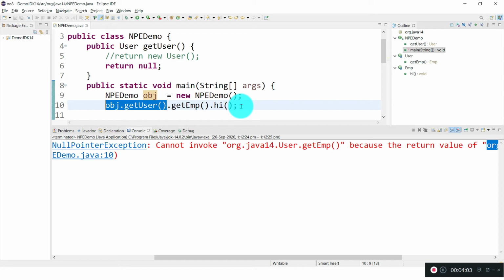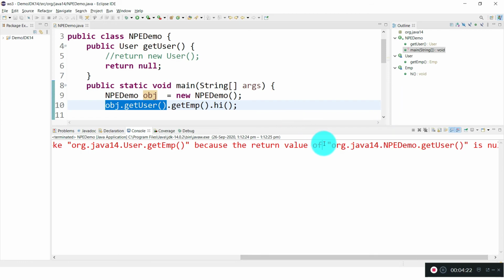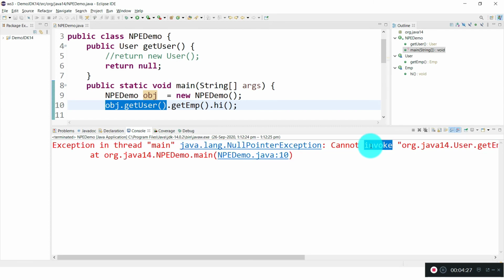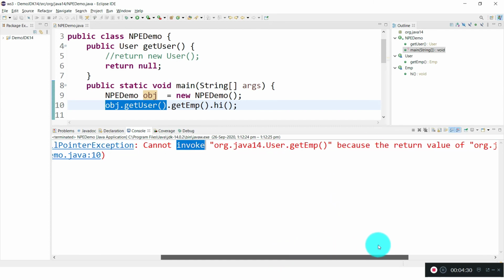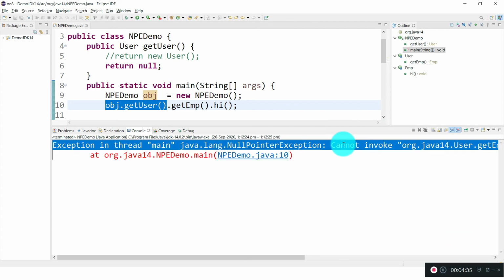Hopefully this will become part of Java in future, but as of now it is still a preview feature. They see one risk in terms of security, because it exposes reference variables and methods in the exception trace, so it will be visible to everyone who looks into those exceptions. Apart from that, it is a very good feature for developers. Hopefully it will be part of Java in future.